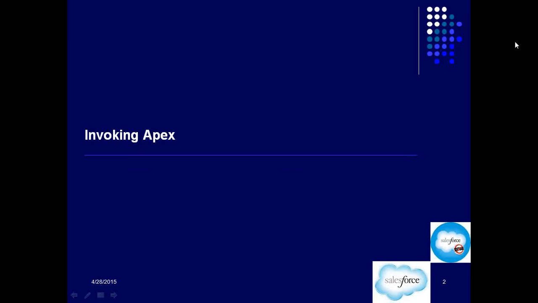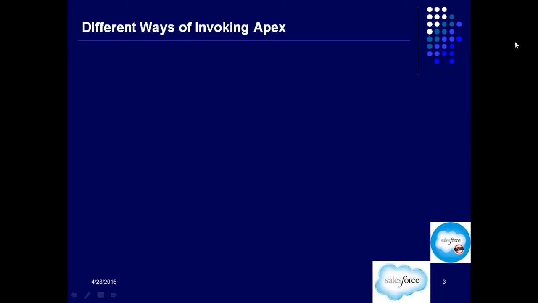There are a few more ways of calling an Apex. How do we do that? So what are the different ways of invoking Apex? Let's have a quick look. The first one is an anonymous code block. Okay, an anonymous code block is just a code block which is not a part of a class or a method, which is not stored as metadata in my Salesforce org.